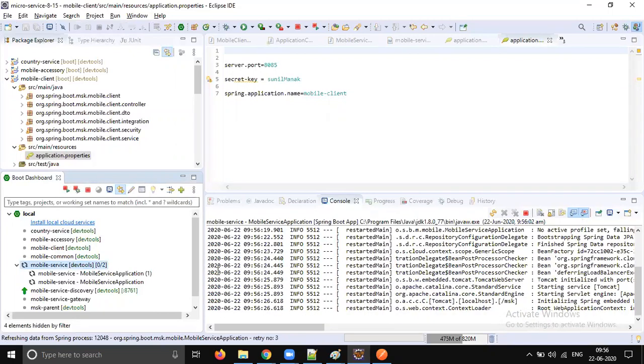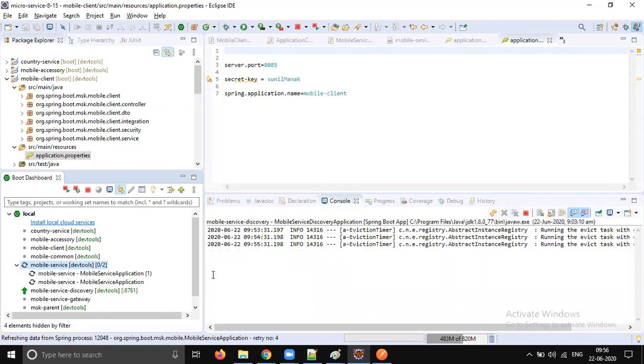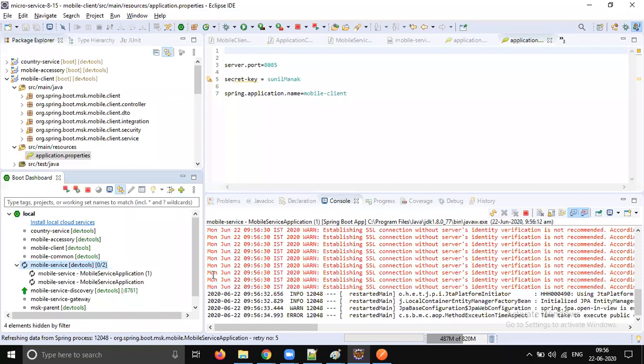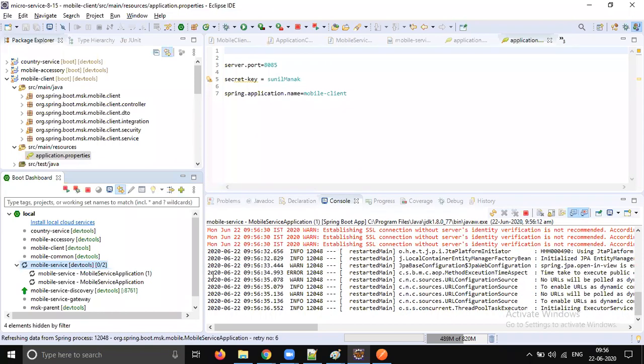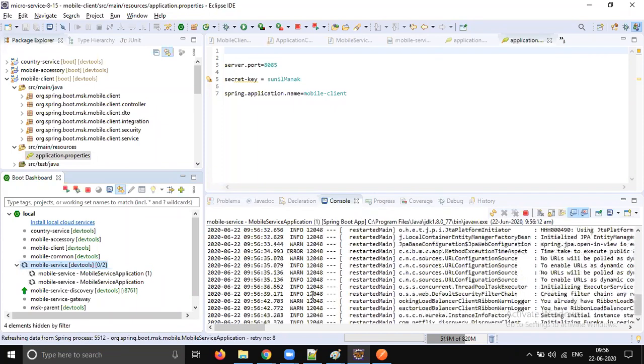Spinning up instances is taking too much time on my local machine. I think around 20 to 30 seconds, and 1 minute.